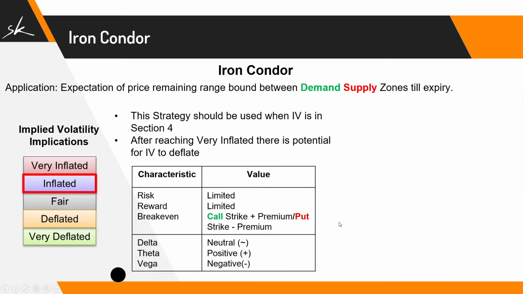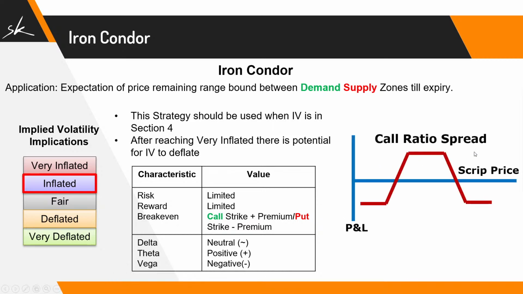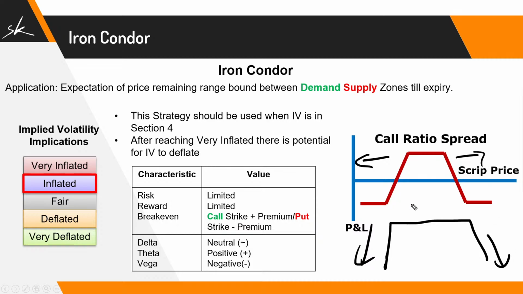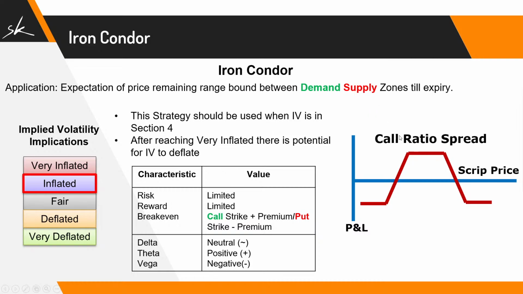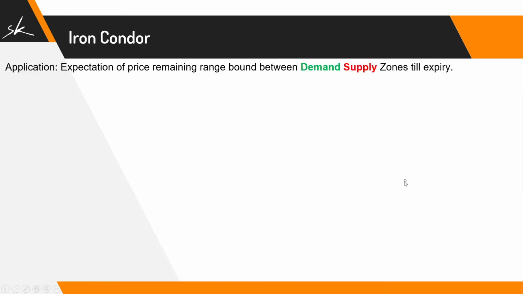And how does the payoff diagram look like? The payoff diagram is something like this. If you remember, when we did short strangle it was something like this, right? Wherein if the prices kept moving down, we were having unlimited losses. If prices kept moving higher, we were having unlimited losses. But now what we are doing is adding some offset units which are now limiting our loss. So in case price gaps down, we are not losing more than this, and similarly if prices gap up, we are not losing more than this. So this is how in iron condor we are limiting our loss by adding the offset units.